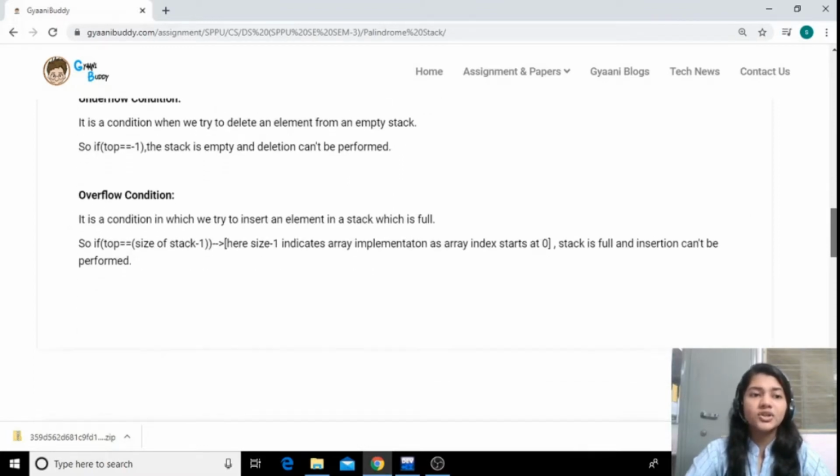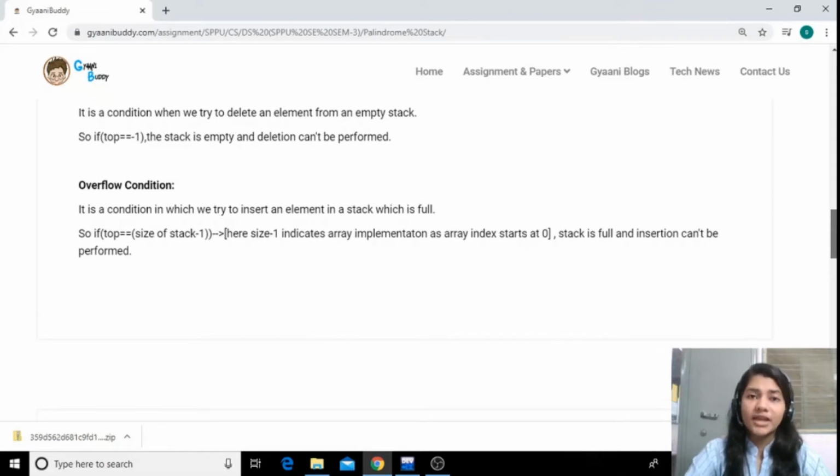The other condition is the overflow condition. Just imagine the stack has a limited size, that is 5 elements. If all the 5 places are filled with elements, how is it possible to insert a 6th element into the stack? It is not possible. In coding, an array is indexed from 0 to size -1.